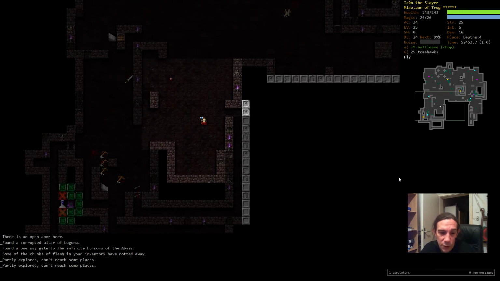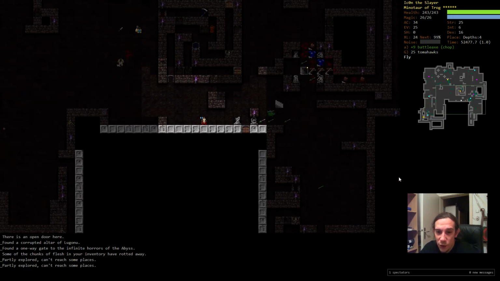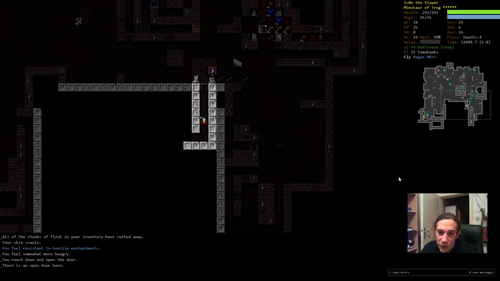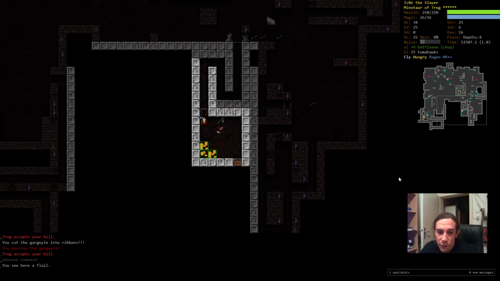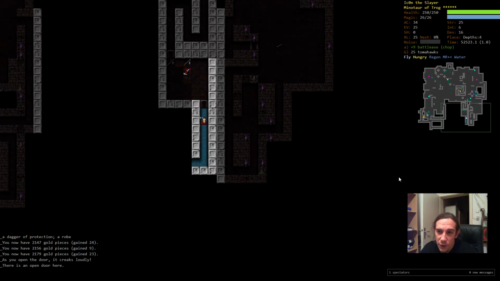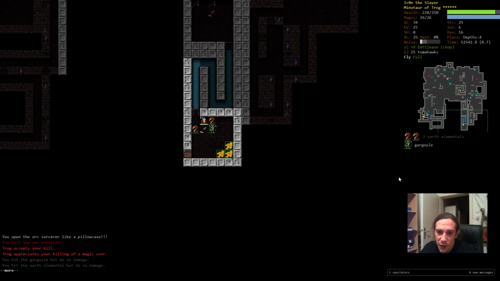There's a Lugonu altar. These are pretty rare in the basic game. So let's see what will happen when we open that door. I'm gonna put up the Trog's hand immediately, just in case. Alright, so nothing actually happens. First room wasn't too dangerous, obviously. So this water channel could be pretty obnoxious if you're not flying, but it's actually empty, so...